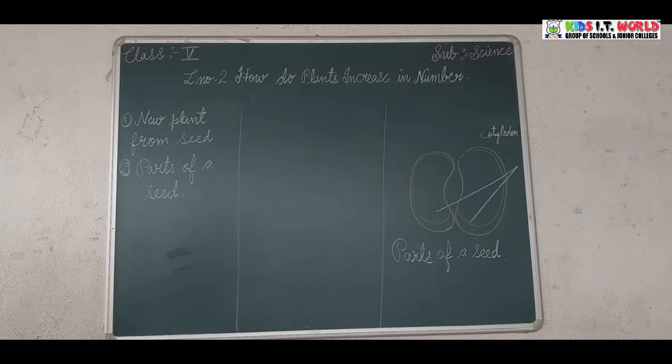Then next, the cotyledon protects the baby plant, stores food and provides nourishment to the seed till it turns into a baby plant. Some plants have one cotyledon while some have two cotyledons. Every fruit has different types of seeds, so they have one cotyledon or two cotyledons. Between two cotyledons is the baby plant called the embryo.